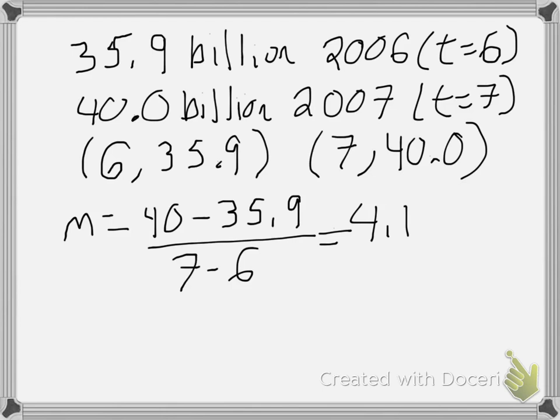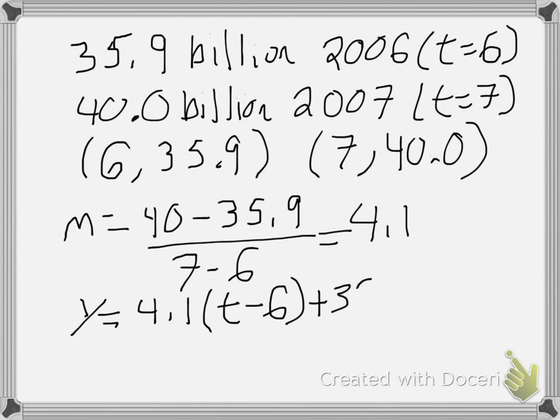Okay, and again, try to use Taylor form to make our life a little bit easier. So we have two different possibilities. We have y = 4.1 times (t - 6) + 35.9,